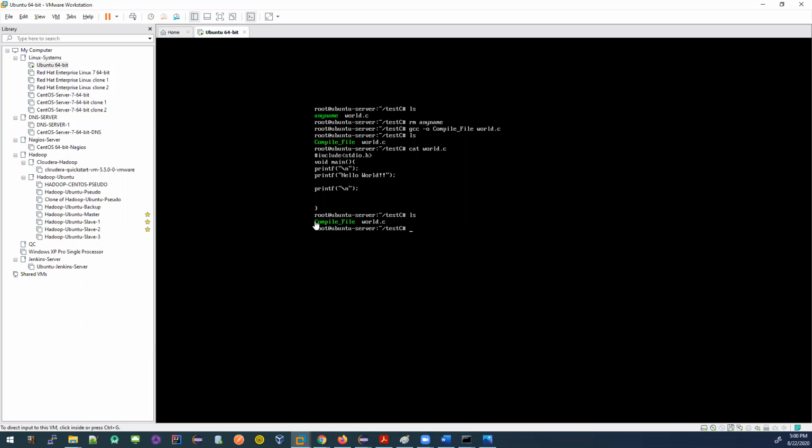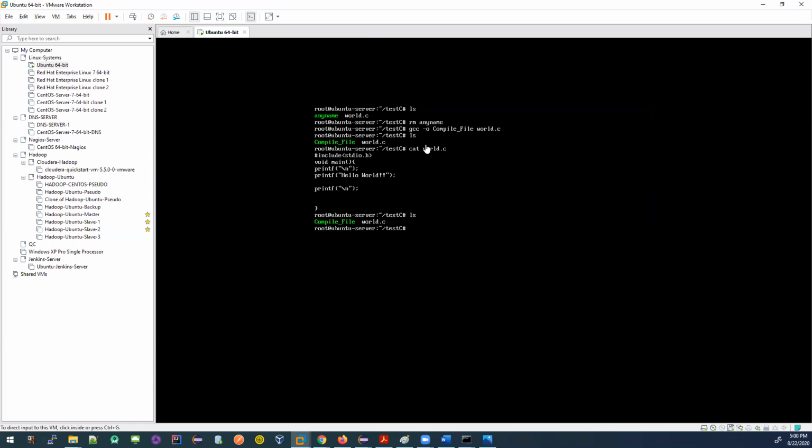So this file is called a compiled file, right? You see that file, the compiled file, the green color file. You cannot take this file and execute it in another operating system, for example, Windows. The file that is compiled is all related to this operating system. You cannot do it. This file is machine dependent.